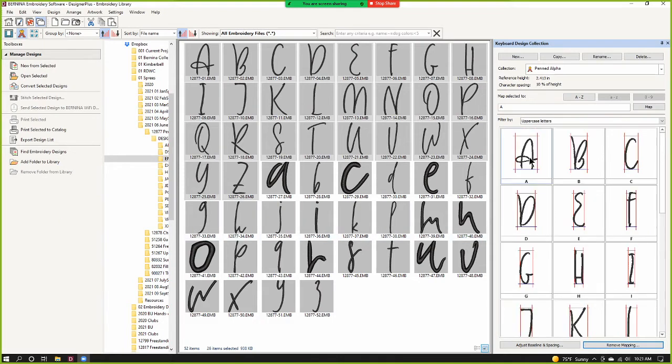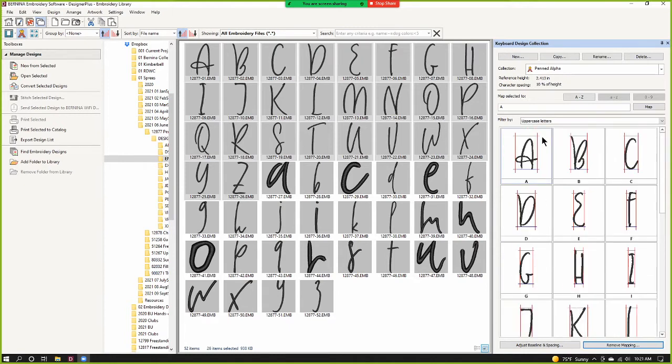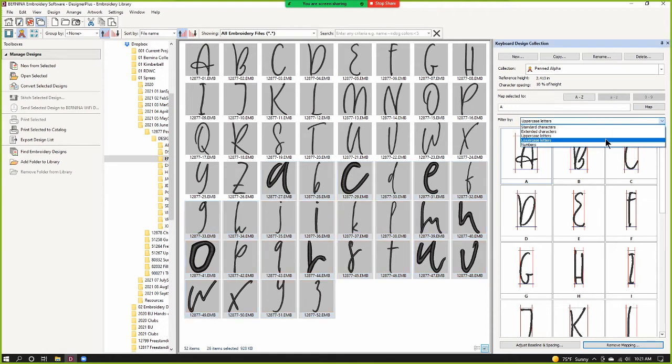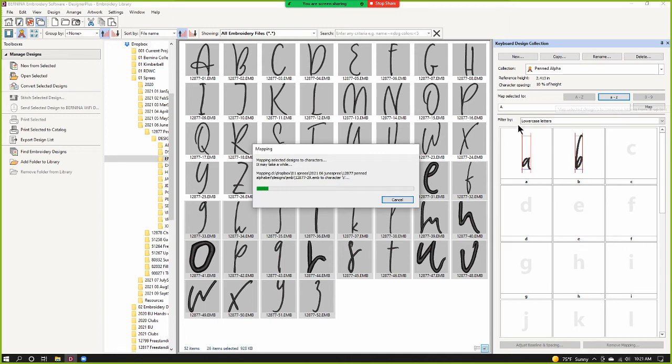Okay, so while I was answering that, it just mapped all my uppercase letters very quickly and easily. So now I want to do my lowercase. So I'm going to click on my lowercase a, hold down Shift, click on the lowercase z, and it only shows you, like up here, it wouldn't let me map it to lowercase a through z because it wasn't showing. So I filtered it to lowercase letters, and now I can watch it